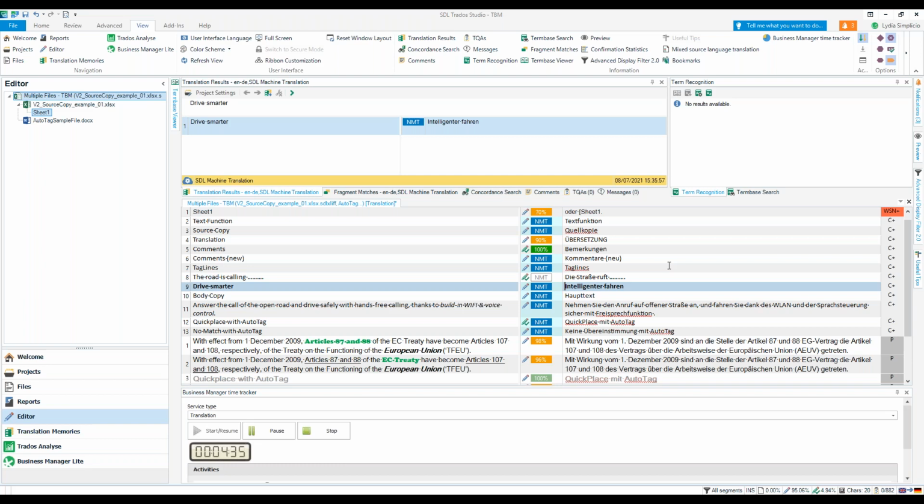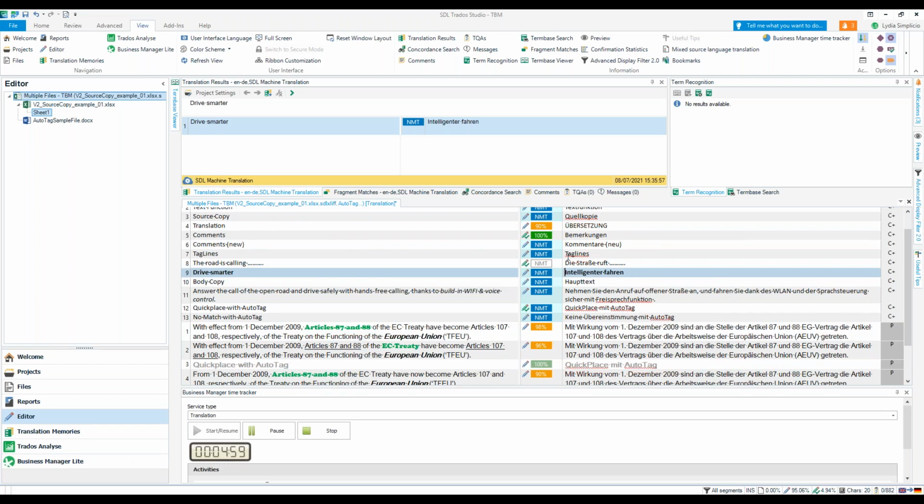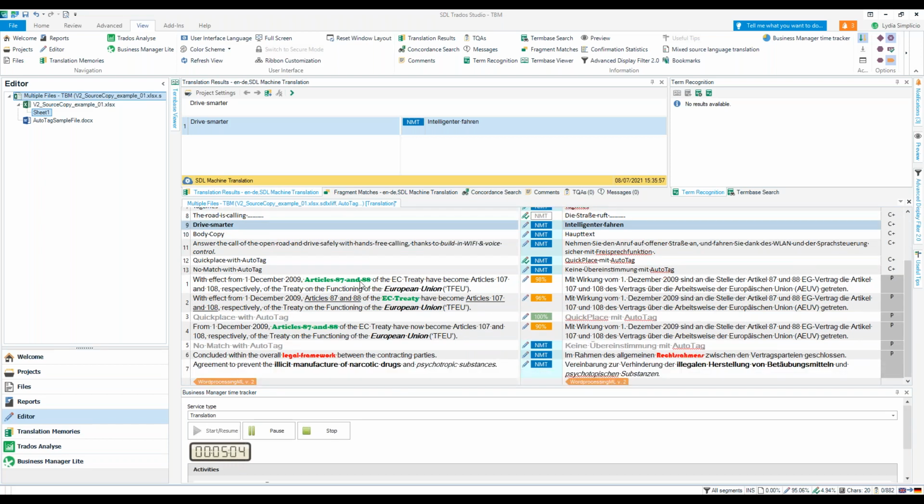And whilst I'm showing you just a few features, I'm always going to bring your attention back to the Business Manager Time Tracker, which is managing my time spent in the editor view, and I want to be paid accordingly. So this is great, as it's continually being ticked in the background. The last thing to perhaps bring your attention to, so we can move on to other features of Business Manager in conclusion, is once you have your file localized, we can see here some of our text is in green